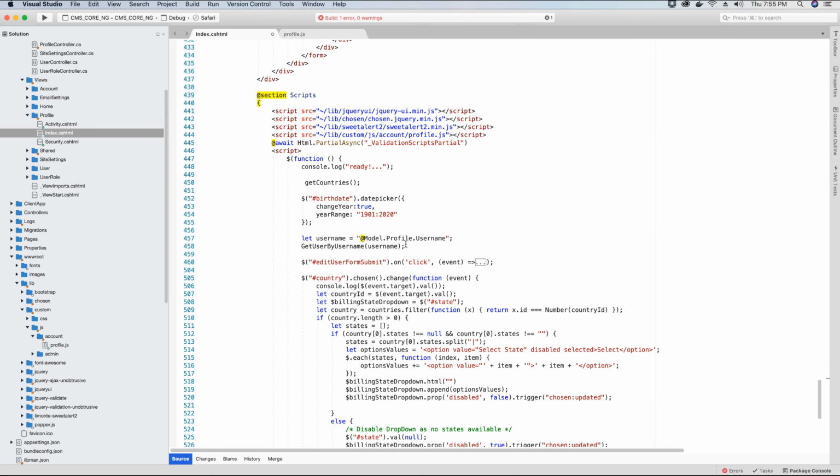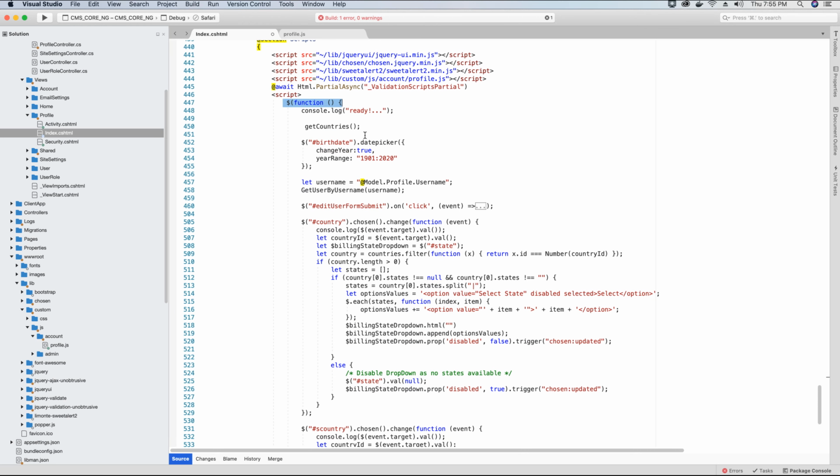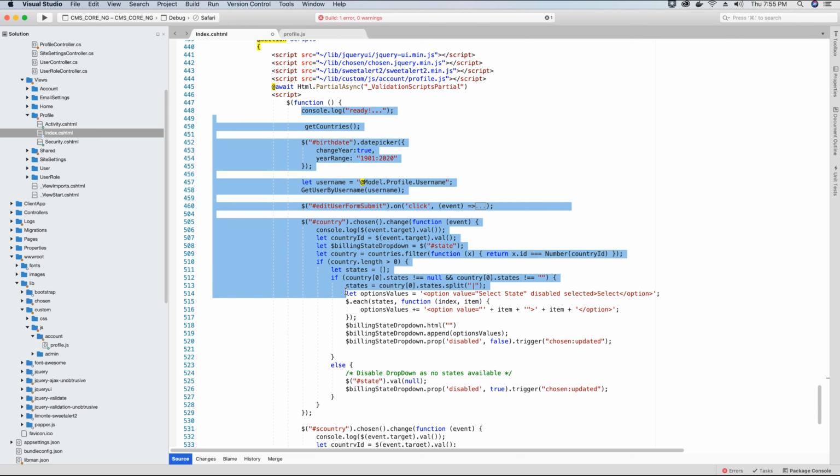So in order for us to use chosen on the chosen drop down elements, we need to make sure that the DOM is ready and all the elements in the DOM are loaded. And we can do that by the jQuery ready event, document.ready event. This is the shorthand for that. And all the logic that we have here for listening for the click events and the changes have been implemented within this